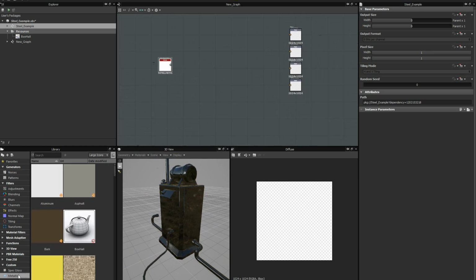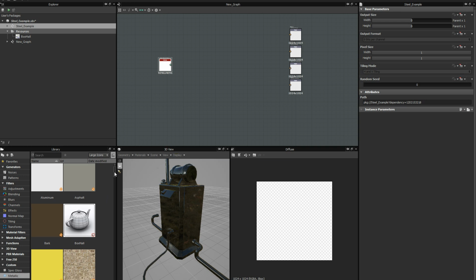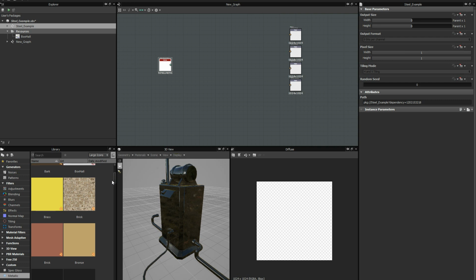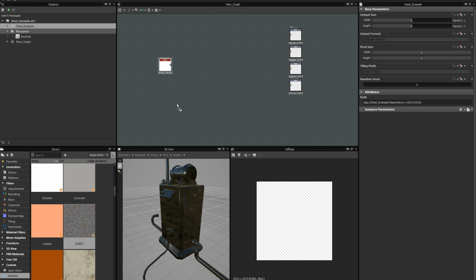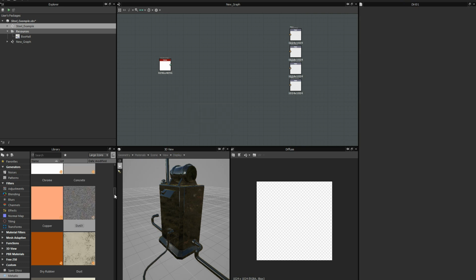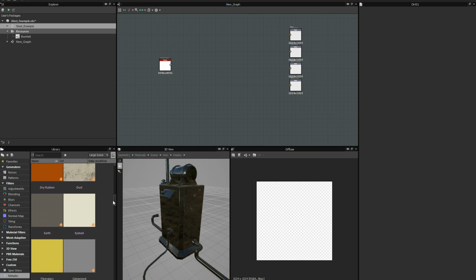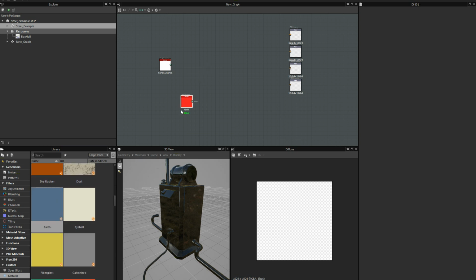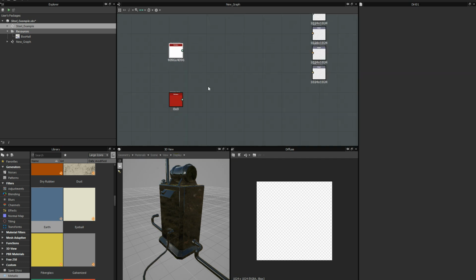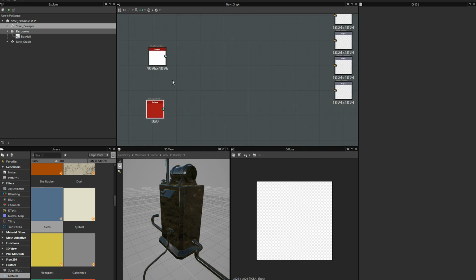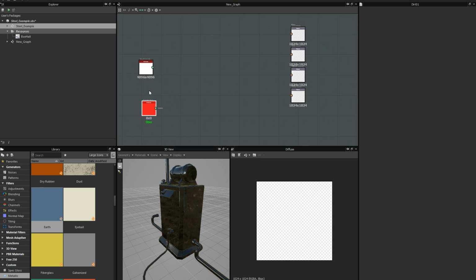So let me take a material that I've already made and use maybe a dirt example. Okay, it's the same example. It's just a node that I had created for another example. It's kind of heavy though, so let me delete that. I'll just use something that's a little bit quicker to read. Maybe an earth one, right? It's a pretty fast node. Okay. So I have two materials here, and you'll see that this material actually is 4096 by 4096, and that